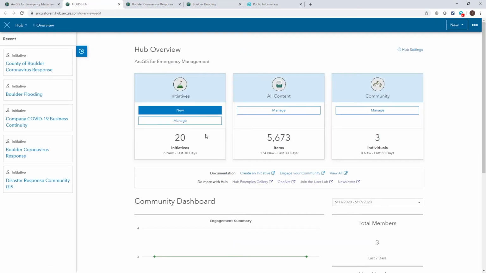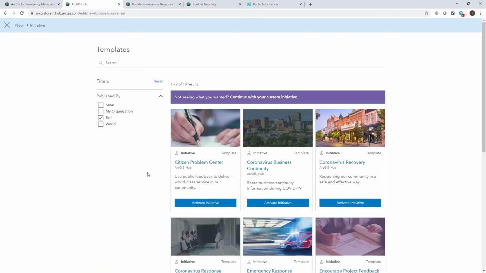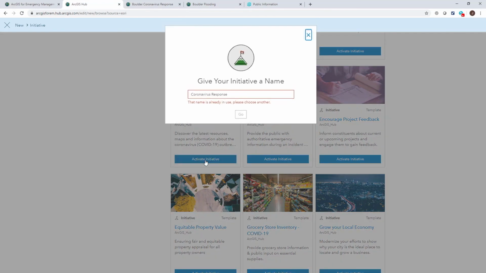What we can do here is launch a new initiative, and we'll browse the existing templates that are out here. In this case, we'll activate the initiative for the coronavirus response. In a few minutes, we'll show the emergency response template as well. So we can click on activate here. You simply give your site a name. For the purposes here, we can look at Boulder